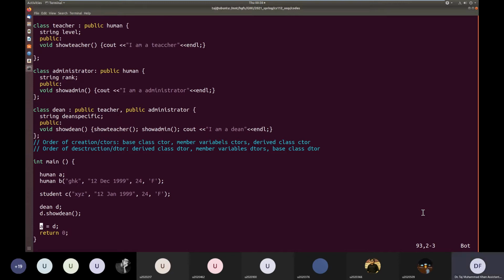Very good. So as Muhammad said, basically the human class has fewer members than the Dean class. So the space allotted for the object of type human is less than the space allocated for the object of type Dean.